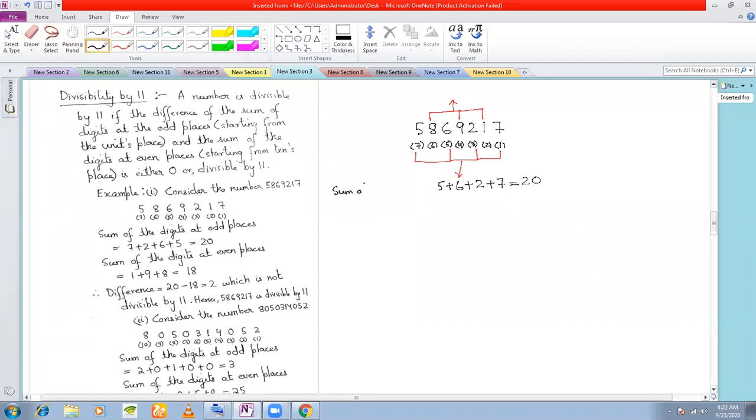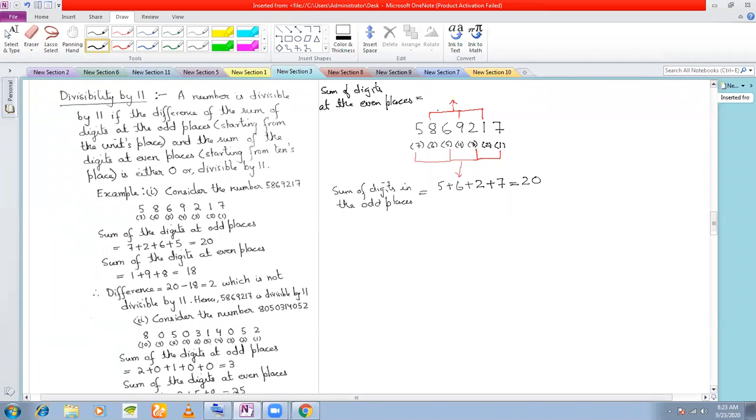Sum of digits in the odd places is equal to, next, sum of digits at the even places is equal to,